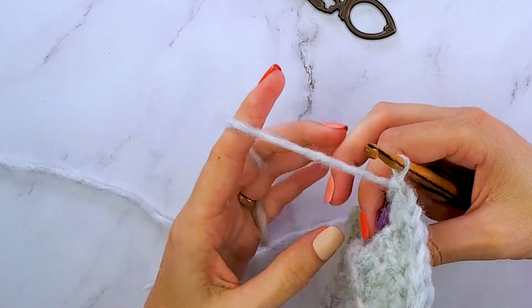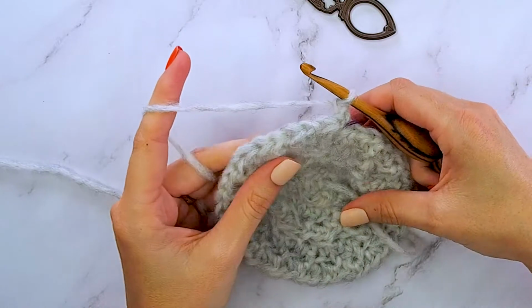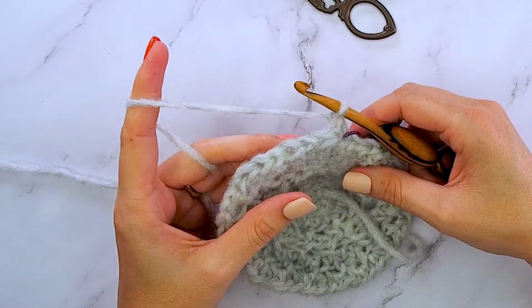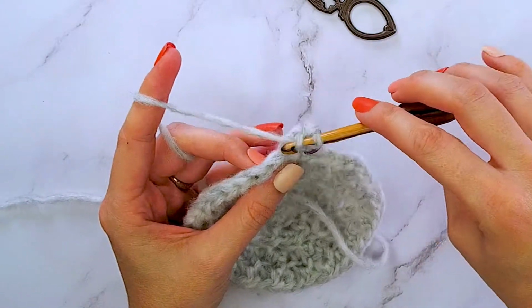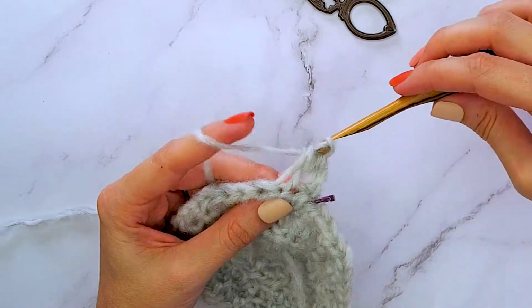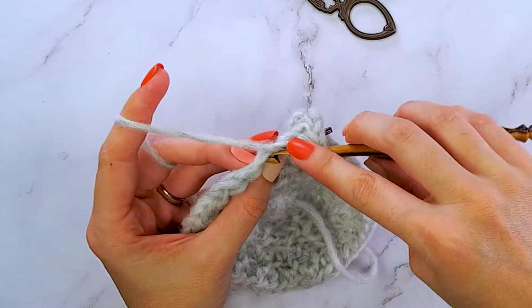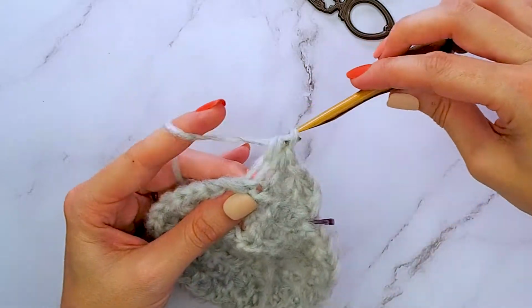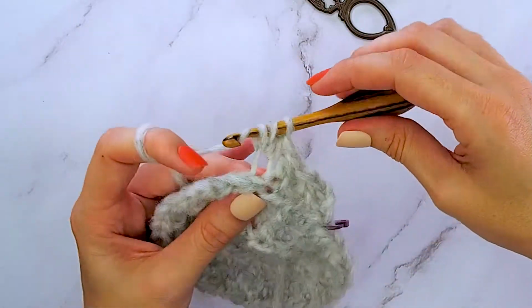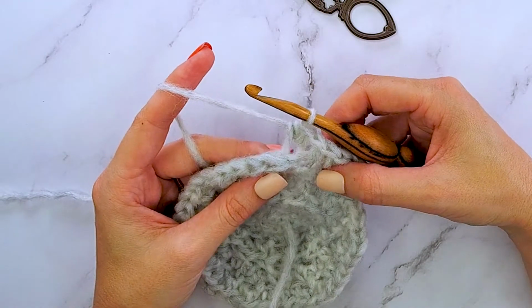For round 5, I will turn and chain 1. And then on this round, we will be increasing on every 5th stitch. So I will half double crochet in the back loop, half double crochet in the front loop, half double crochet in the back loop, half double crochet in the front loop, and then here on my 5th stitch I will half double crochet 2 into that back loop, and then I will continue that pattern where I work the front loop,